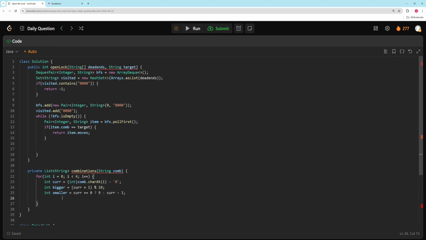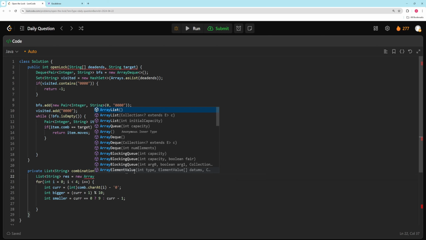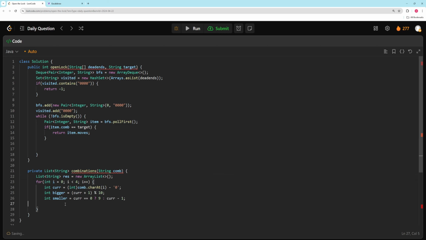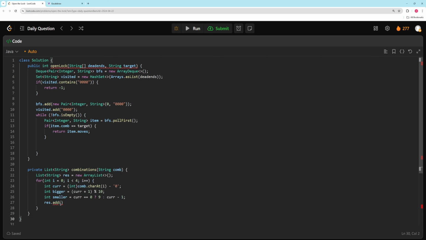So now we have our 2 combinations, and we basically need to add these to our result. We also need to initialize our result. So we can say list of strings, result list. And here we need to add the 2 combinations we made. The 2 combinations for this given index, let's say we have 0, 0, 0, 0, is basically changing this to a 1 or changing it to a 9. We need to add both of those. So it's going to be the rest of the string, and then the cur index will either be bigger or smaller. That's the change. So we can say result add, and this is going to be this combination,